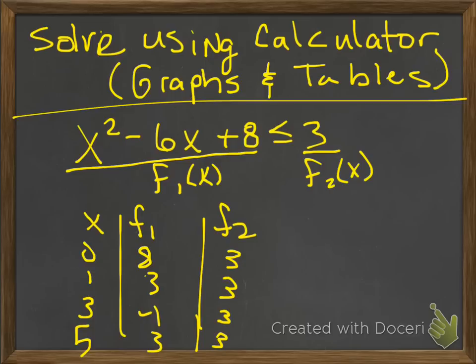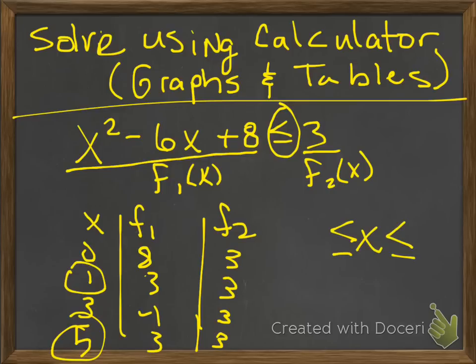Okay, so the question here is, you see this is less than or equal to. Where are the answers in f1 less than the 3 that is in f2? And you can see this happens in between, because these right here are my critical values. That's going to be part of my answers. And either my answers are going to be like this, x is in between, or x is going to be less than the lower value, or x is greater than or equal to